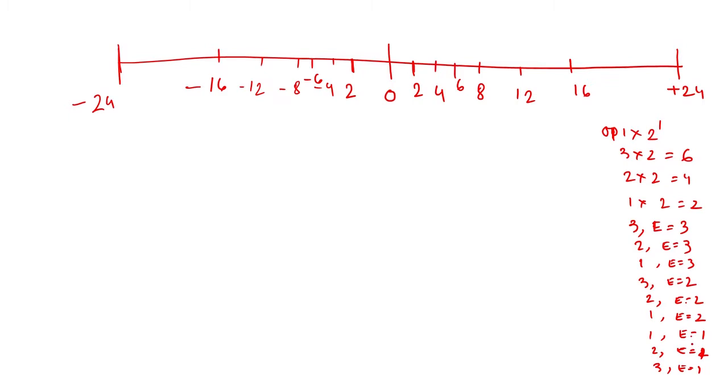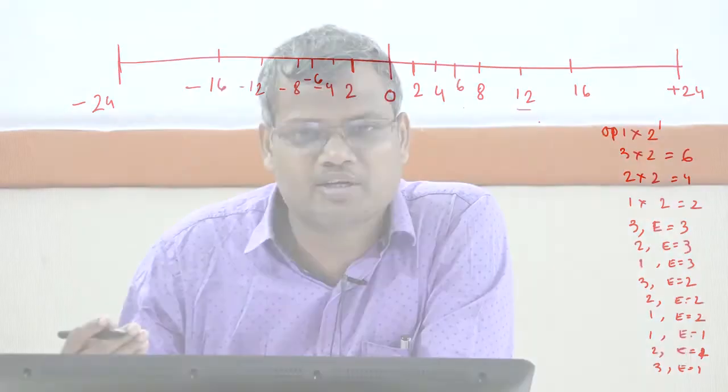So, now what do you do here? We will now focus on the numbers between, as you can see, you cannot represent 18. You can add 12 and 6, because those are representable numbers. But if you add them, the number will be 18, and 18 you cannot represent. Either you have to approximate to 16 or you have to approximate to 24. Therefore, in computers most of the floating point numbers are approximated numbers.